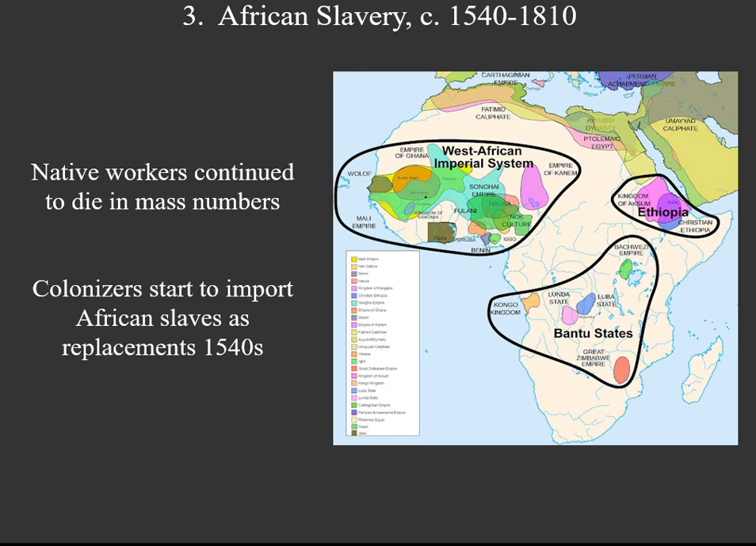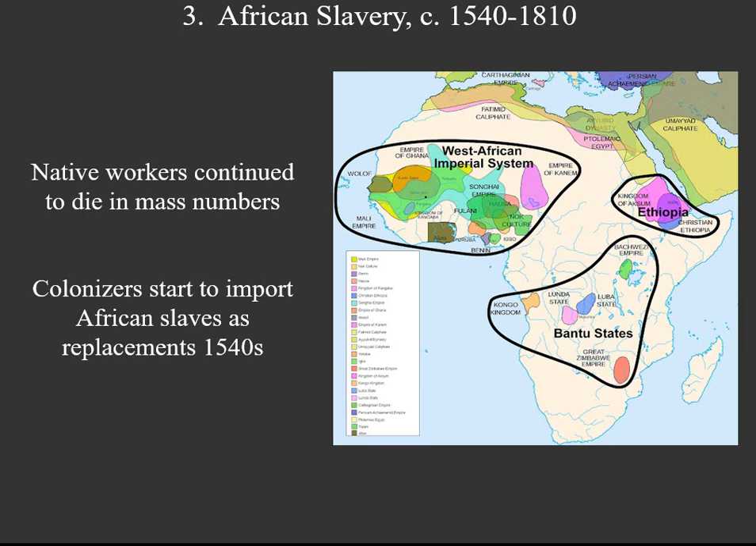So the Spanish, by the mid 1500s, started looking around for another source of labor. And the one they hit on is African slavery. So the Native Americans are dying off in just unbelievable, staggering numbers. And the Europeans at that point, especially by the mid 1500s, will start enslaving Africans and bringing them to